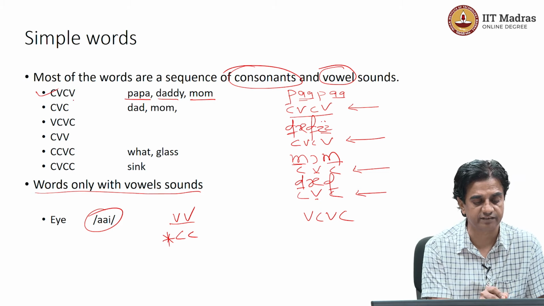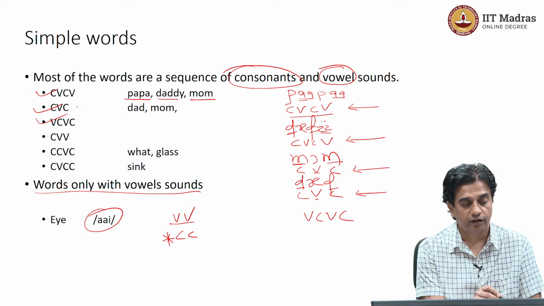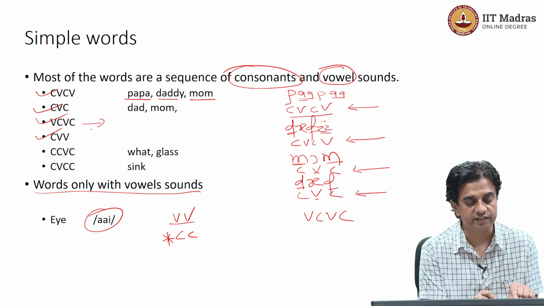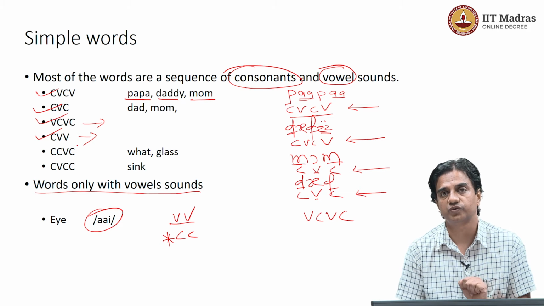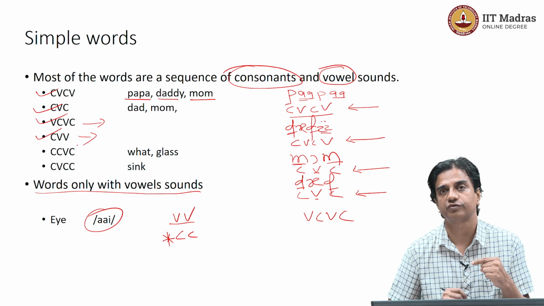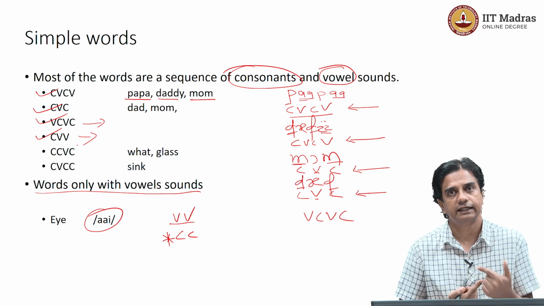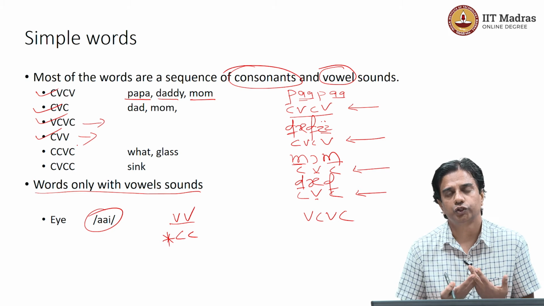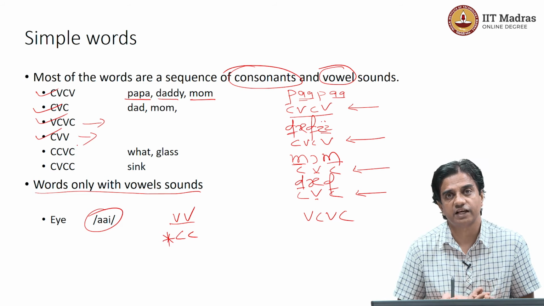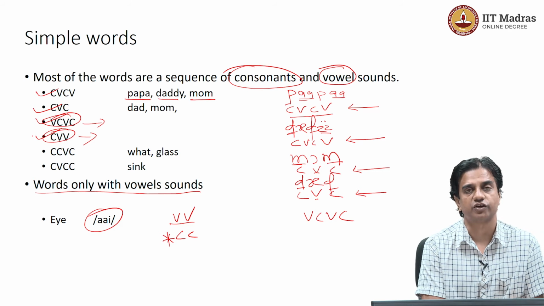You will see a sequence like this, CV, CV, you will see a sequence like this, you will also see a sequence of this type. I am not giving you examples of these sequences because this is another type of exercise that I want you to do. Once you have done the exercise of finding the arrangement of consonants and vowels as patterns in those 20 words, the next exercise that you should do to develop your understanding of the underlying patterns of sounds in a word is to find a word which has this pattern. Find a word which has got this pattern.